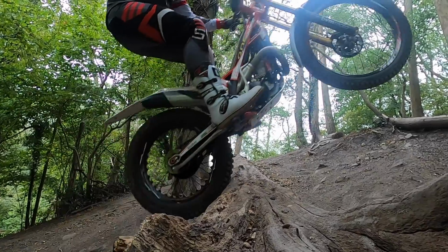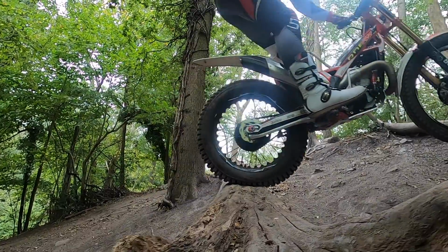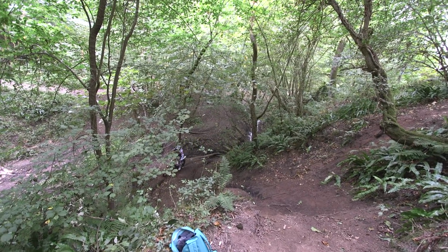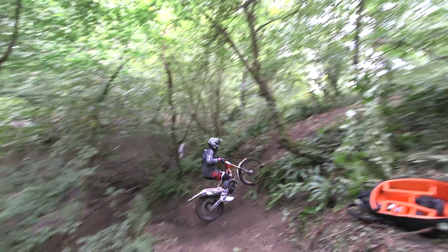So between 4 and 5 psi seems to work best for me. I find that between these pressures, the tyre keeps its shape and also seems to grip and work well in all conditions. One thing to note as well is you might want to change your tyre pressures depending on which